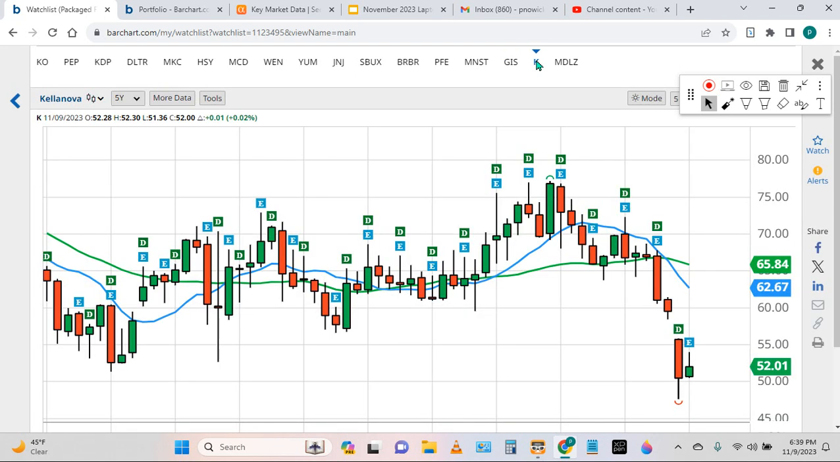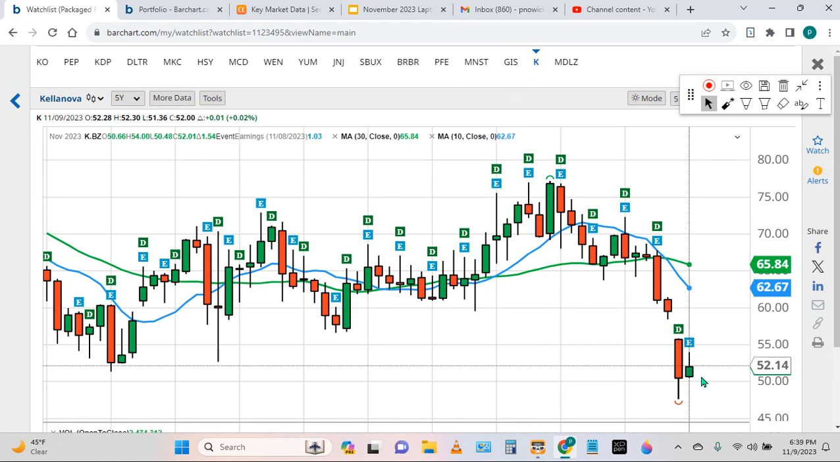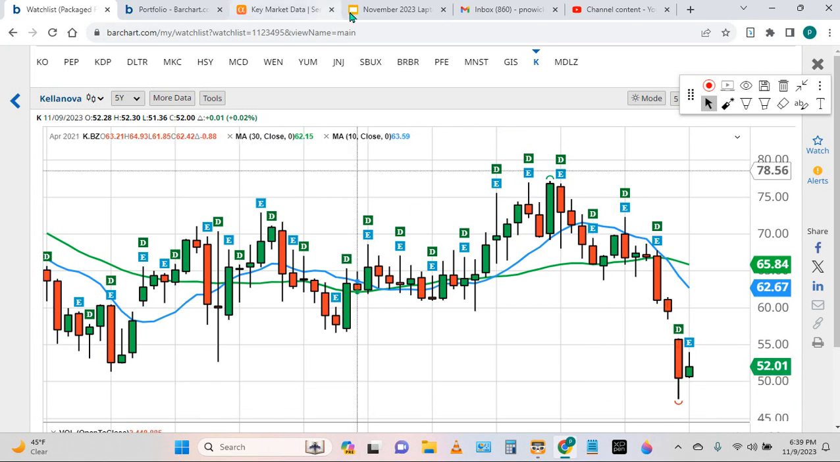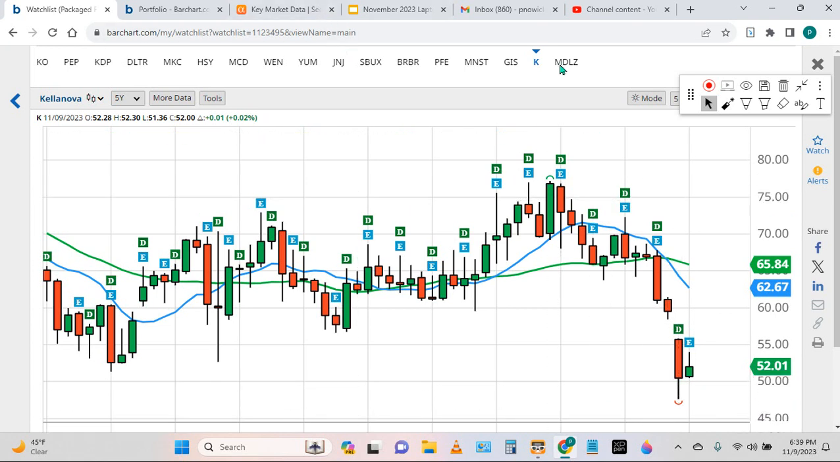Kellogg Company. Why they changed the name to Kellanova is a head scratcher. It's one of the most well-recognized brands, and that's somebody's ego thinking that the name of the company is more important than the performance. And you can see there's no floor yet at Kellogg, trading near 5-year lows. So